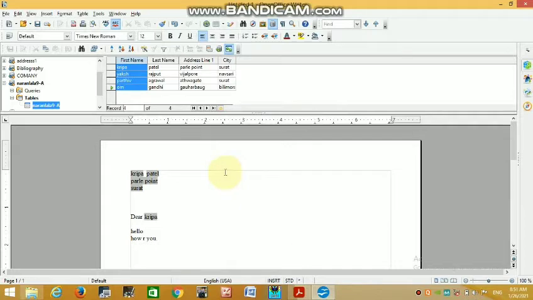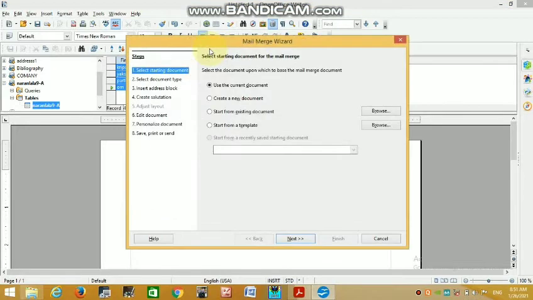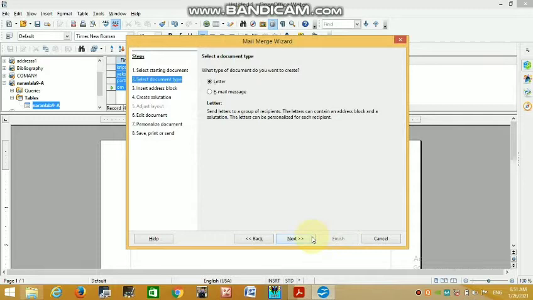So with the help of this you can make different documents. See this. Very simple process.